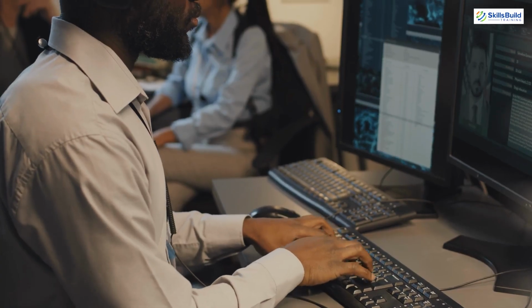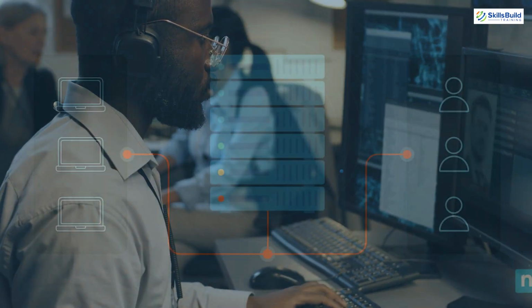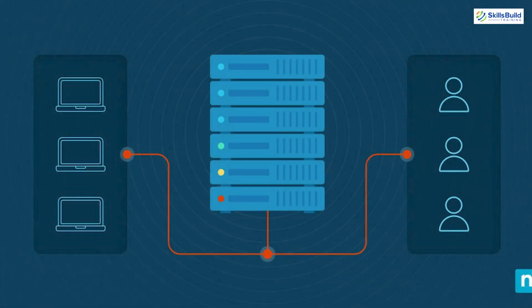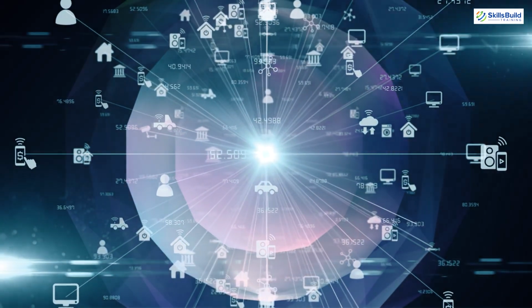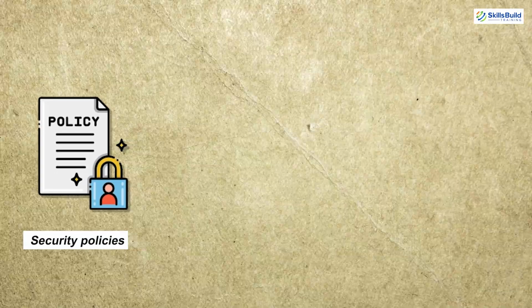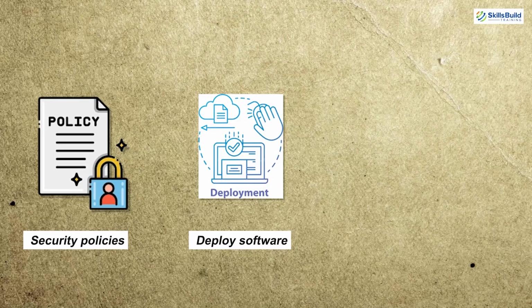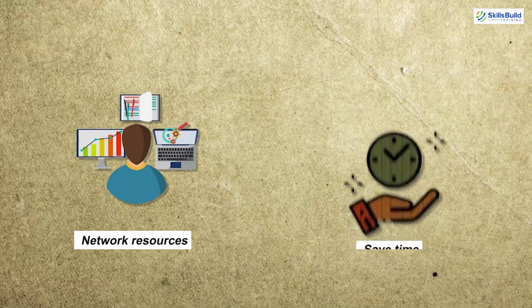Before diving into the basics of group policy, let's see what it is and why it's essential for managing Windows environments. Group policy is a tool in the Windows environment that allows administrators to manage and enforce various settings for users and computers. It provides a centralized way to configure settings across an entire network, ensuring consistency and security. With group policy, administrators can enforce security policies, deploy software, customize user experiences, manage network resources, and save time by